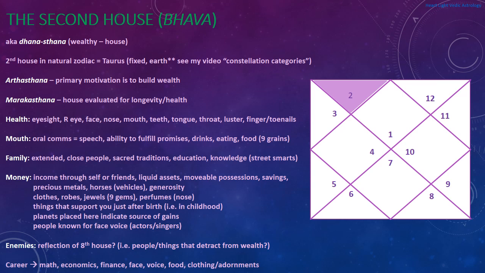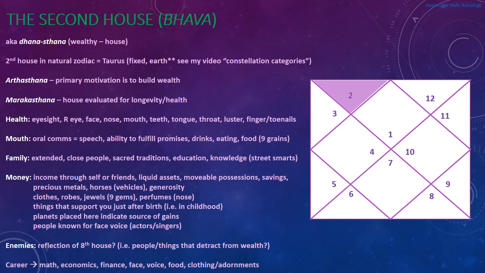All right, so the second house. You can see here in the chart on the right, this is a North Indian style chart, and this lavender triangle in the upper left of the chart is the second house. The first house is the first diamond at the top of the chart, and then you count counterclockwise with North Indian style charts. So if you're trying to figure out where the second house is, that's it. Again, Bhava is Sanskrit for house, so I typically use house or Bhava in my talks.